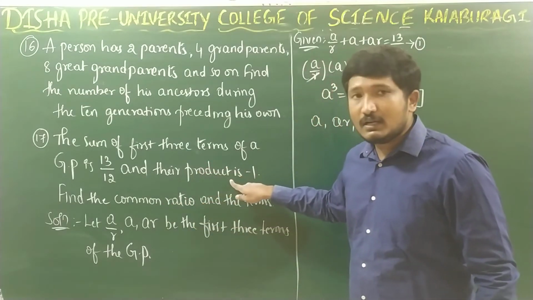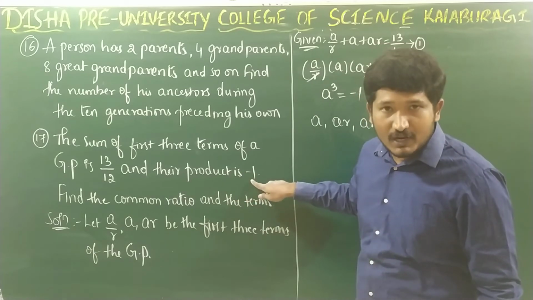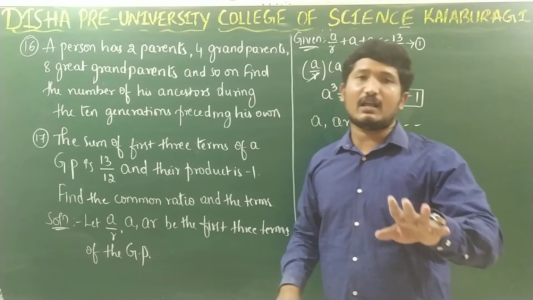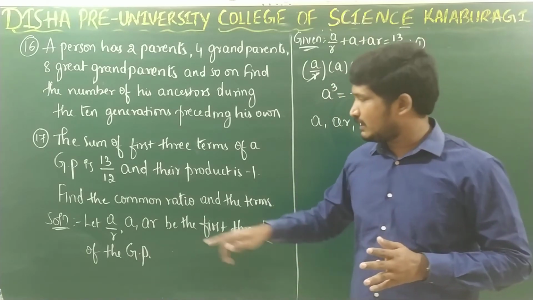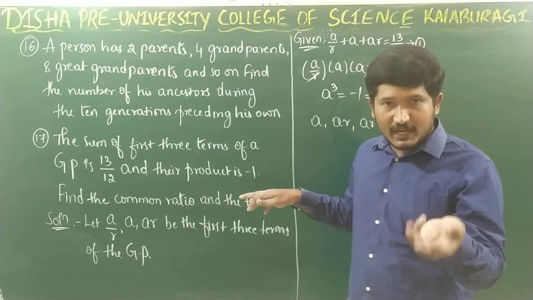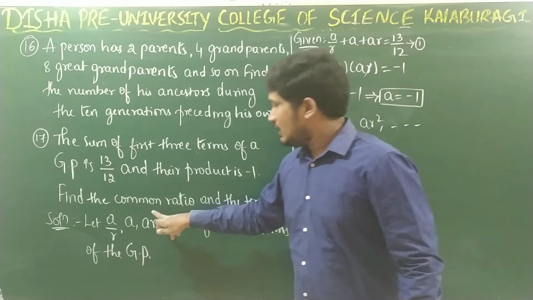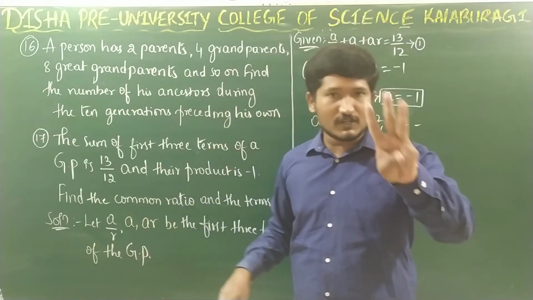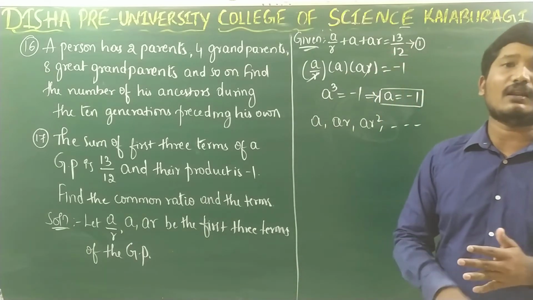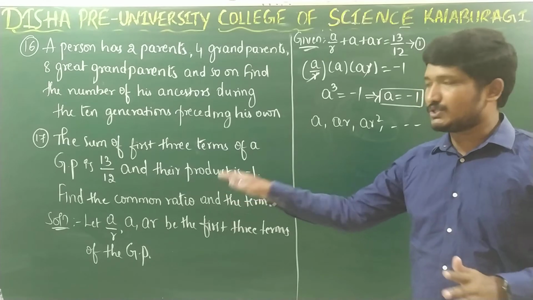Whenever the product of three terms is given in the question, these three terms are recommended. That is, when the product of three terms is given in the question, if you take these three as the first three terms, then it will be very easy for you to calculate whatever the question is,